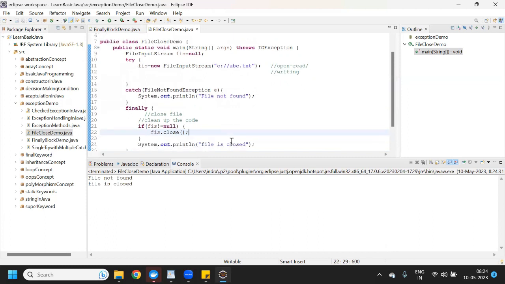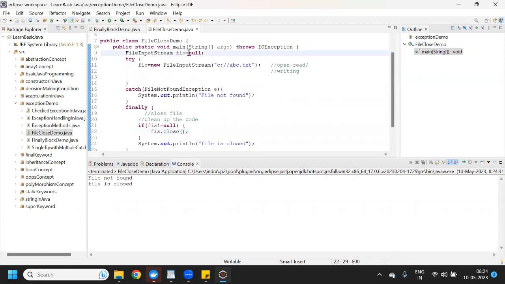see, it is saying file not found, because here we have given null and this is a random path I have given. This is not a correct path. So the file is not available at this path. So it doesn't find the txt document here. Then if it doesn't find the document, it will come under the catch block.